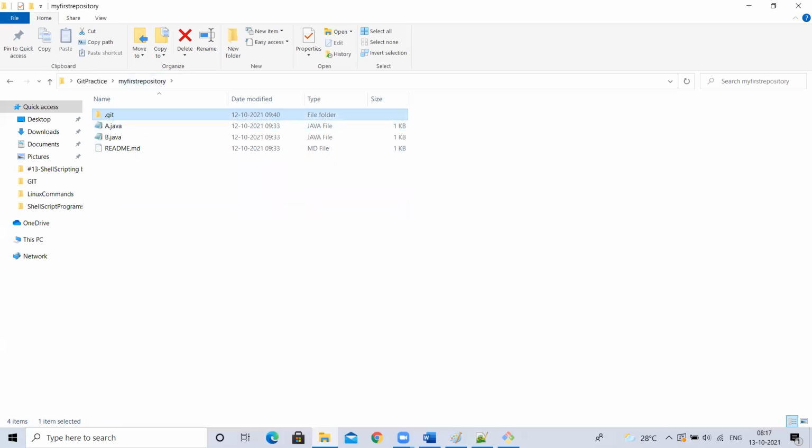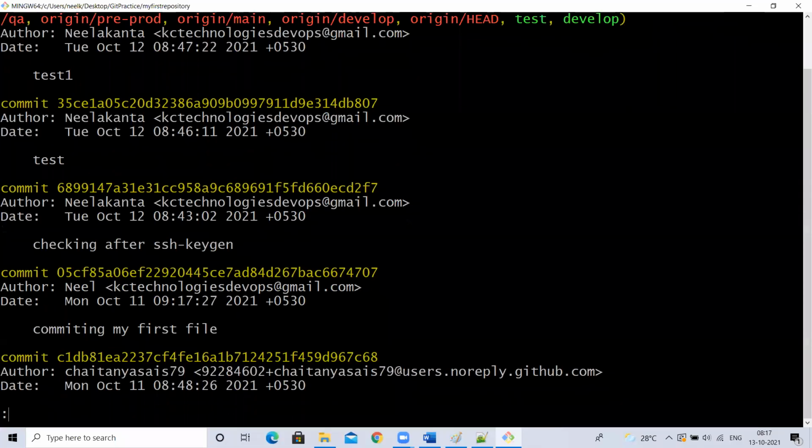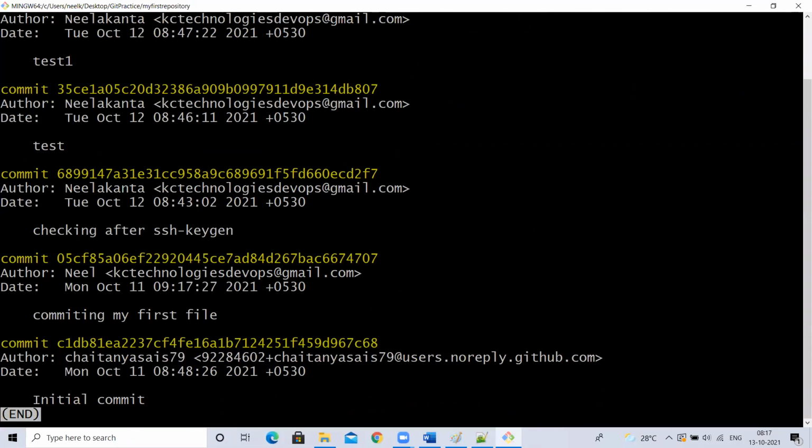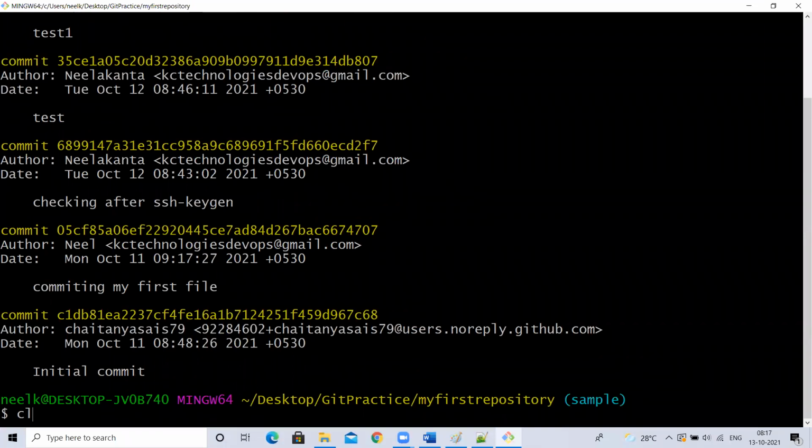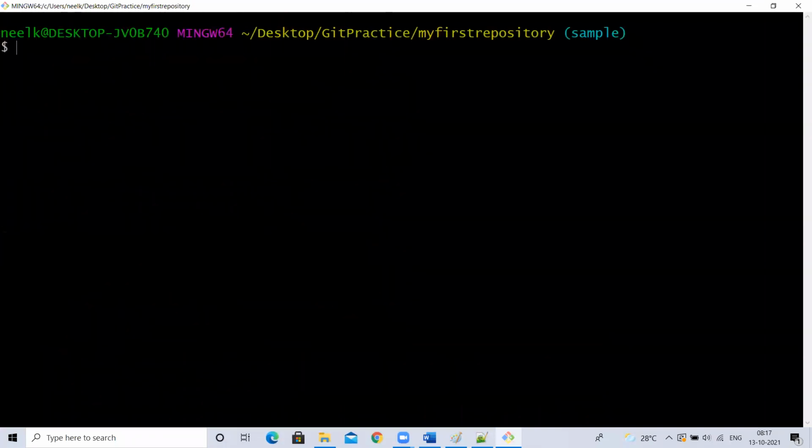That is internal learning, how it works internally. For now, you remember, I'll discuss that later. Just remember that the HEAD file should contain the path for the branch, and if you go to that path, it should have a commit ID.